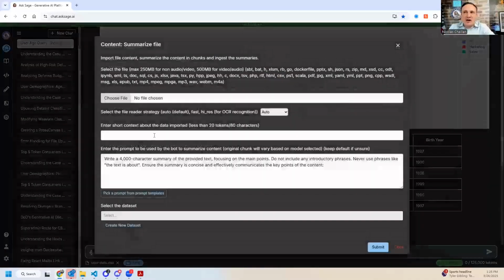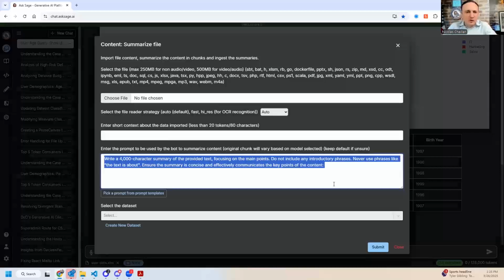And so you would go to Summarize file here, you would put your file, and then you would write a prompt here. Here, the default prompt is to summarize the file. You could also ask it to extract. You could say, extract any information related to helicopters. What would happen in that use case with this plugin is the following. The bot would take the 300-page or 1,000-page document. It would cut it into chunks of 200 pages apart, and it would iteratively execute your prompt per chunk, per section. So that way,